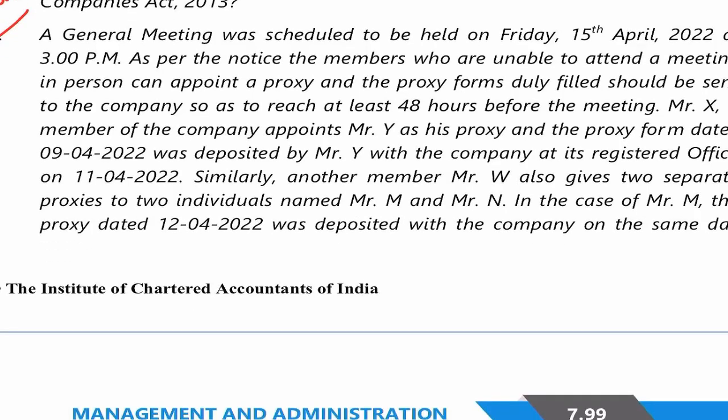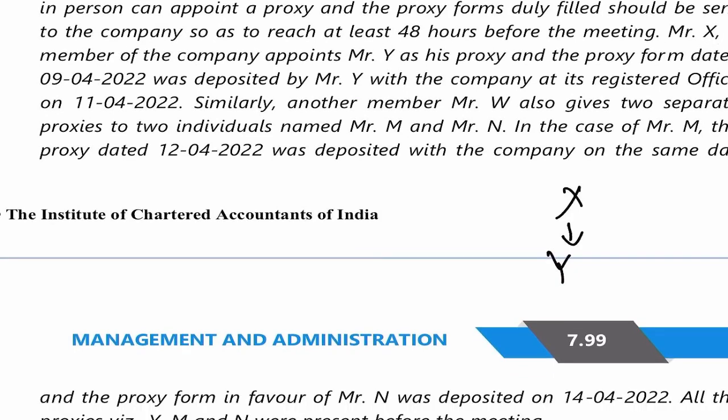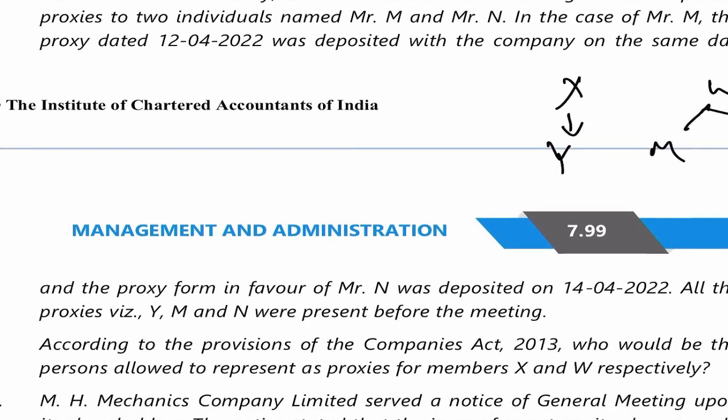क्या बोला कंपनी ने? बोला है 48 आवर्स पहले तक हमको पहुंचना चाहिए। ठीक है, तो कौन मेंबर? कौन है एक्स, उसने किसको रखा है? वाई को रखा है, और इसका 11 अप्रैल को आ गया, इसका सॉर्टेड है। सिमिलरली कौन है डब्ल्यू? उसने दो प्रॉक्सी बोले, एम और एन। ठीक है, एम के केस में 12 तारीख को पहुंचा, इसका 14 को पहुंचा। ठीक है, तीनों प्रेजेंट हैं।